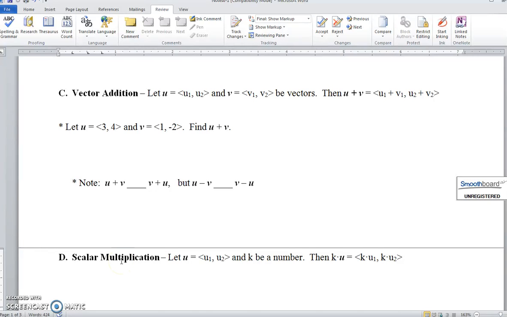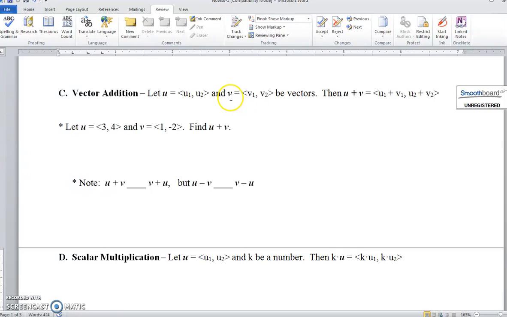Now that we've looked at some basics of vectors, let's look at some operations that we can do with vectors. The first one is addition. We are allowed to add vectors together, and so I want to give you the opening definition, but then also describe what that means. If we have a vector u, which is made up of two numbers, one x, the